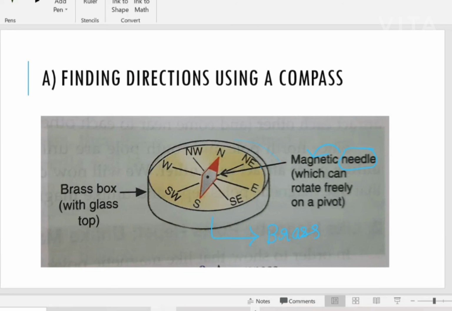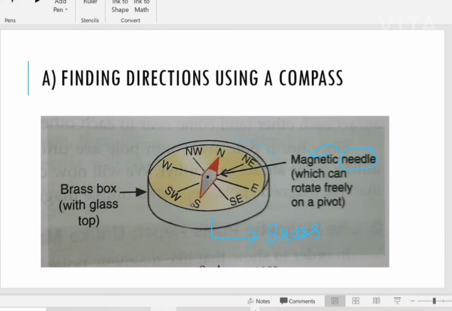Now you are walking with the help of a compass to some place and you are not sure which direction you have to move. How can you proceed? You walk with the compass and stand steady. By leaving the compass in one place, the magnetic needle aligns itself in the north-south direction. This is the first property: a freely suspended magnet always points in the north-south direction.